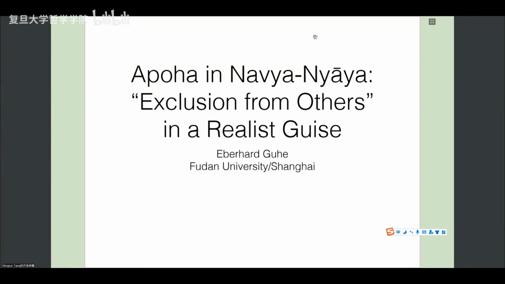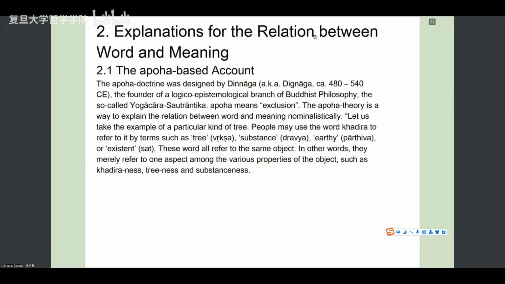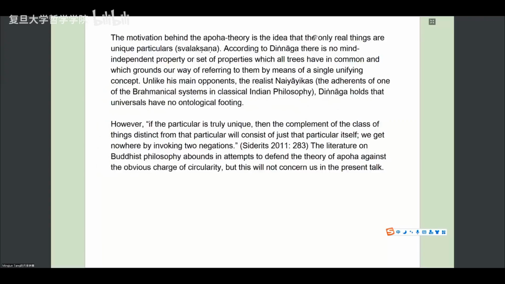The topic is Apoha and Navya-Nyaya, exclusion from others in a realist guise. I came across this topic only recently. It ties up with some work which I had done before. I had once published something about double negation in Navya-Nyaya. And it occurred to me that one of these double negations in Navya-Nyaya is just like Apoha, what you know